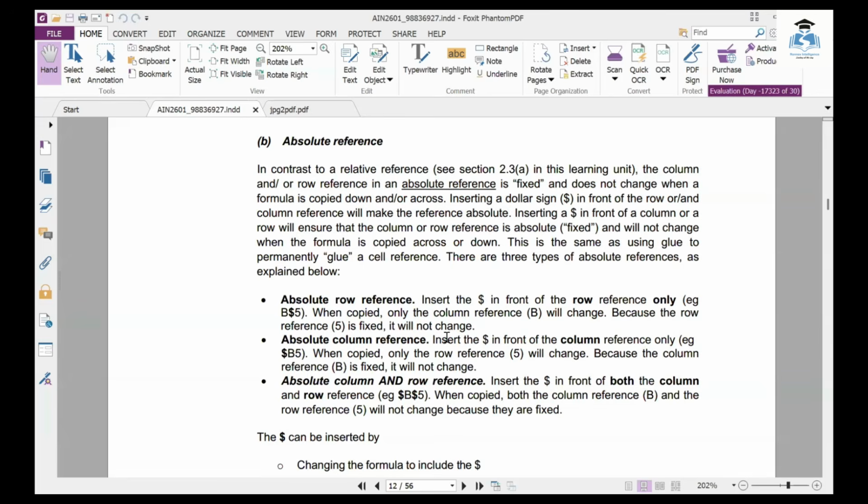It will not change. So when we are talking about absolute reference, what we are simply saying is there is a cell that, no matter how we drag our formula, is not supposed to change. Okay, so in this case, we want the row number 5 to remain as it is, but any other columns apart from that can change. You can use this one. Then absolute column reference,